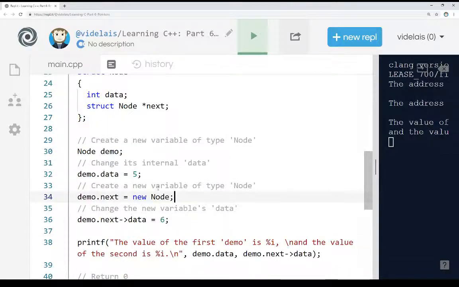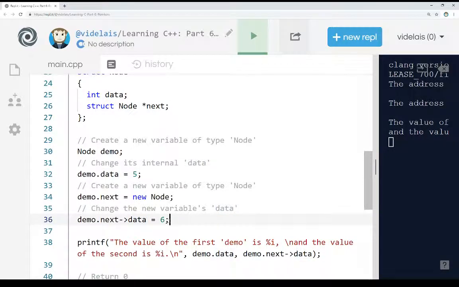We do this using the hyphen and greater than sign. That is a pointer. So for demo.next, right here, which we know because line 34 is set to a new node, whatever it points to, it's pointing to a new node, get its data and set it